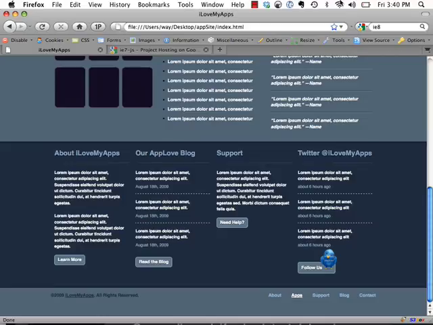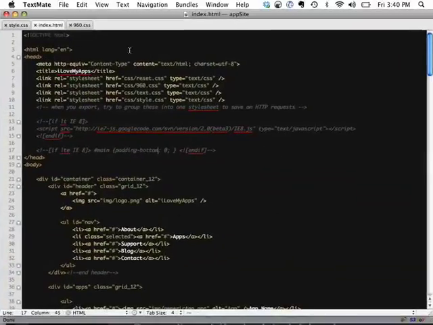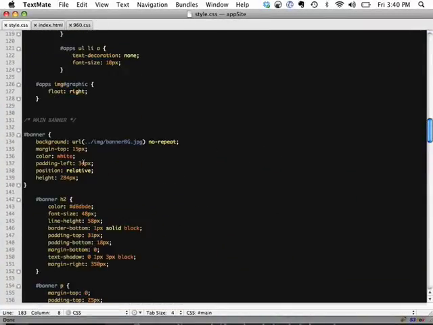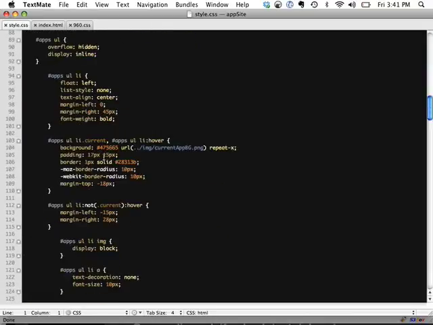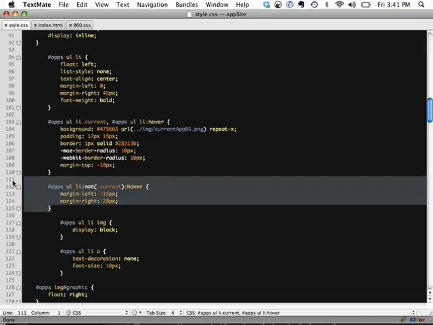The final thing we have to do, with 17 minutes left, is compensate for when this is hovered over. IE will not recognize that really advanced selector that we did. Let me see if I can find it. It's not even necessary. This one right here, apps not current hover. IE, even with the IE8.js file, doesn't read that. So what we're going to use is jQuery to attach that. So we can copy that,